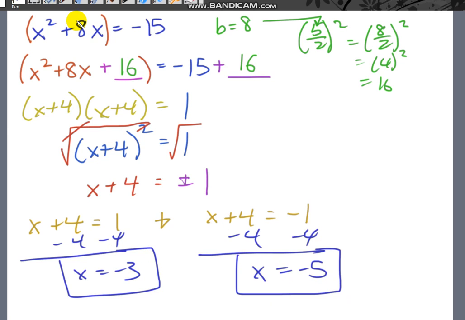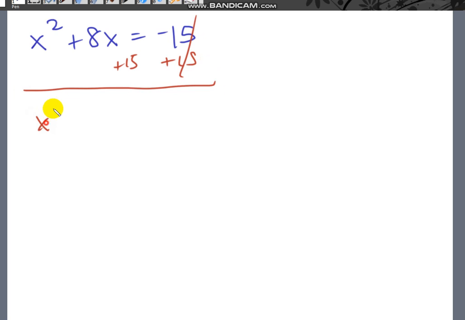Now, this way that I show you, it's not going to happen all the time, I'll tell you that much. But if you kind of see this, I'm just going to rewrite everything from the beginning. So we had x squared plus 8x equals negative 15, right? So what you could do is you could actually add 15 to both sides. If you add 15 to both sides here, what you're going to get is x squared plus 8x plus 15